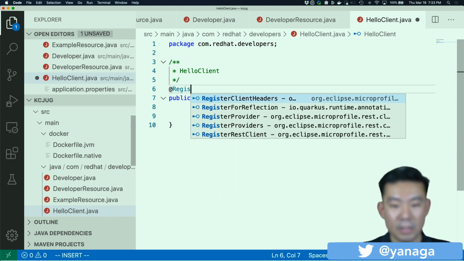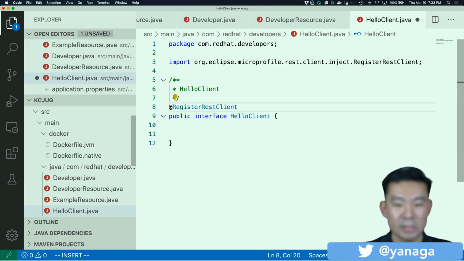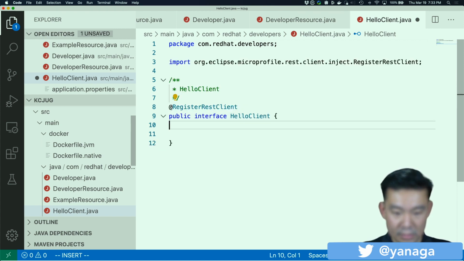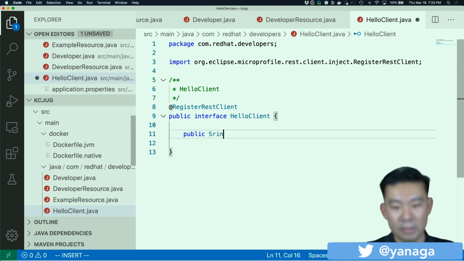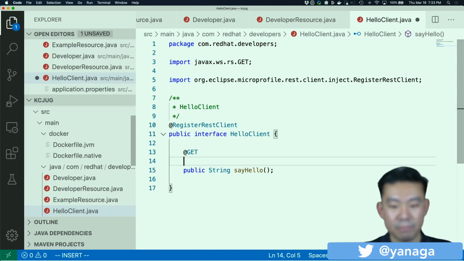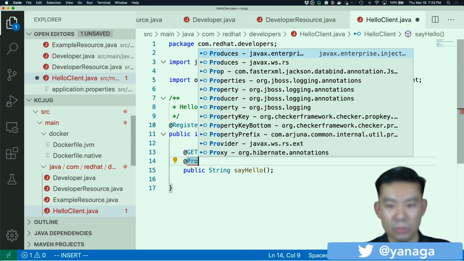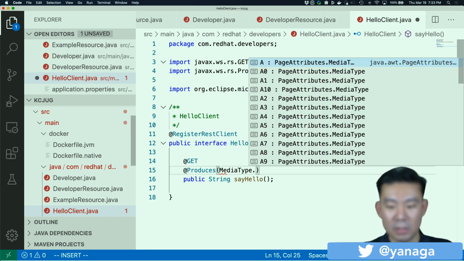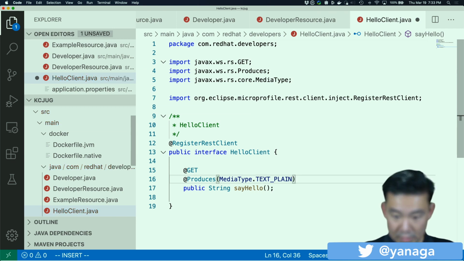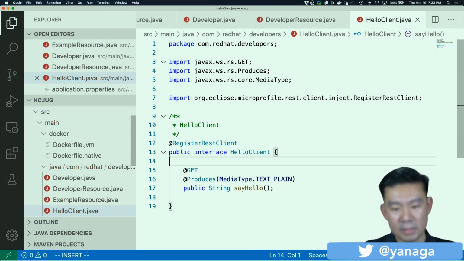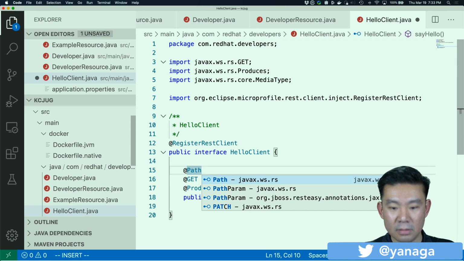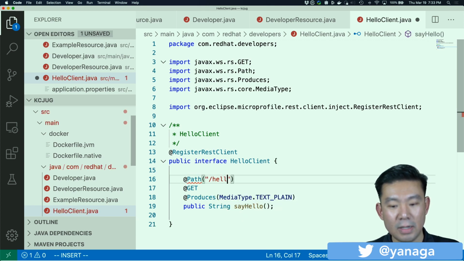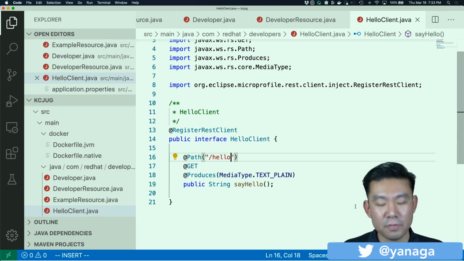I also need to add @RegisterRestClient and public String sayHello. Suppose that I have a @GET. It's going to @Produces MediaType.TEXT_PLAIN, and the @Path is going to be /hello. I think it's good. My interface does everything that I need.